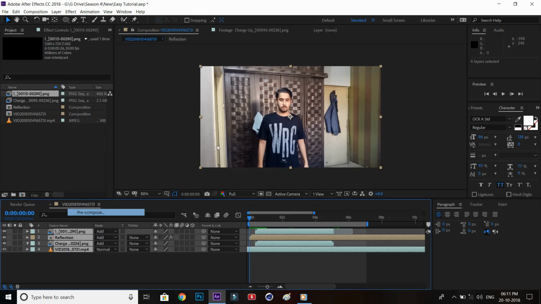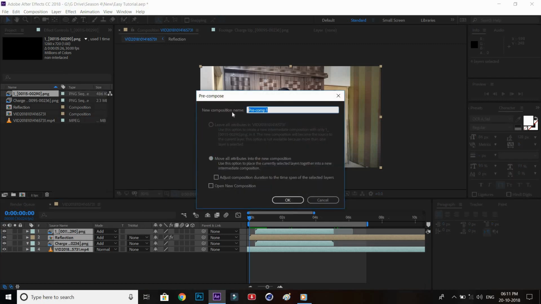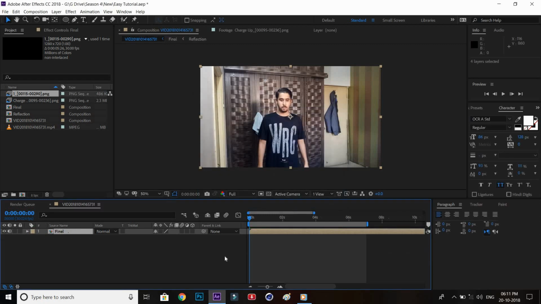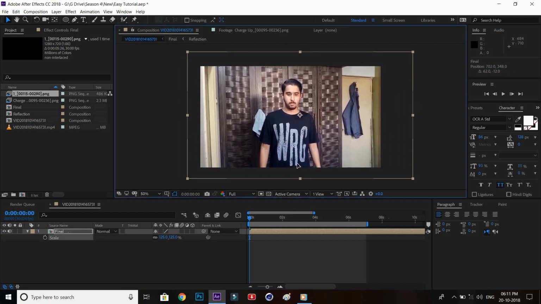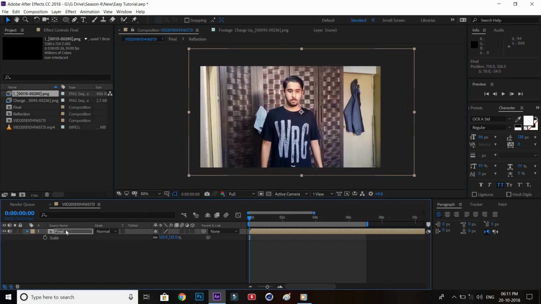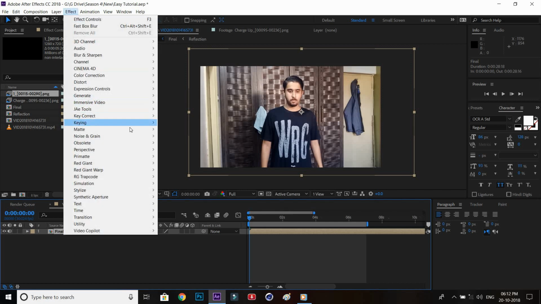You don't have to be complicated if you are just using download link 1 to just download the pack and drag and drop. If you are using download link 2, we'll cover that later on. So this is the easiest part 1. You just have to select all of them and then pre-compose them and then scale them,